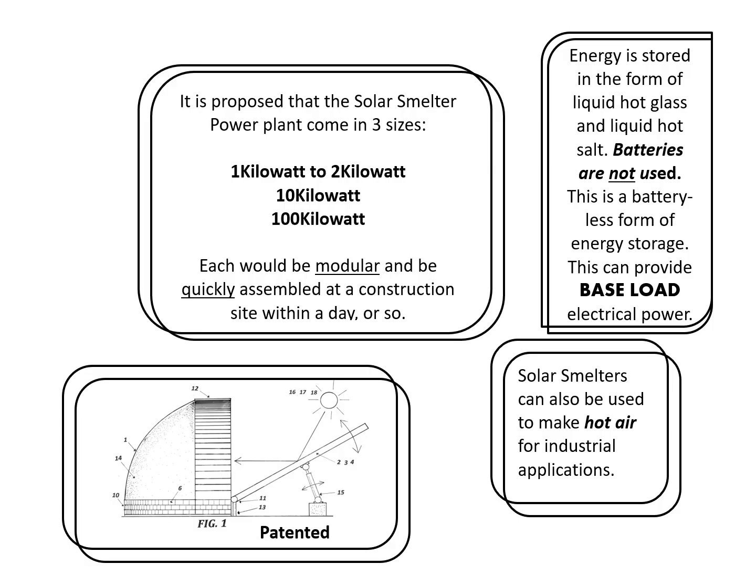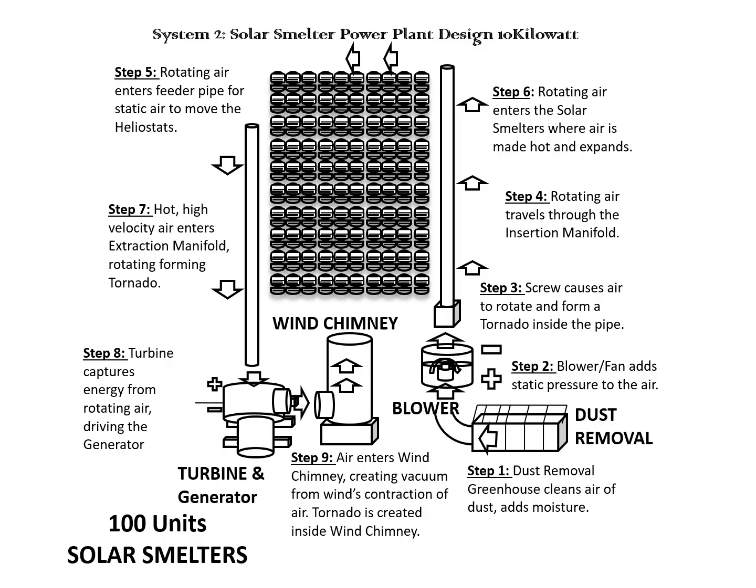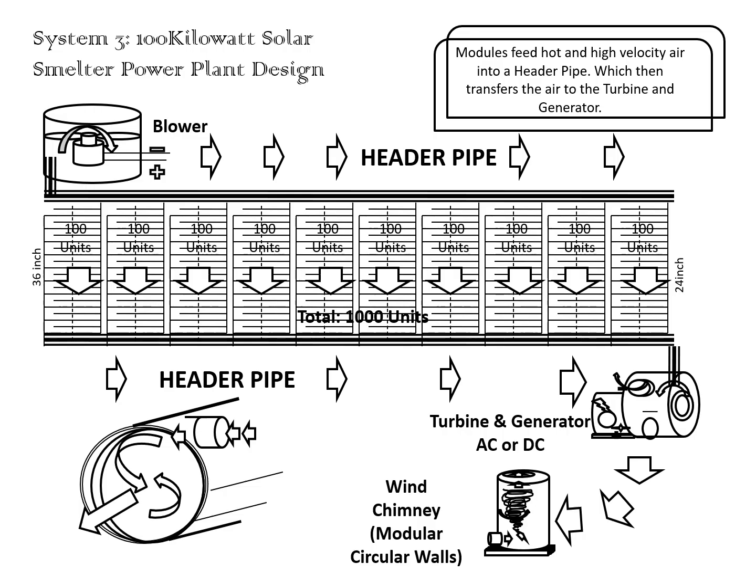The thermal mass is hot, and it stays hot even in the wintertime. Basically, I remove the dust. A blower then blows it into the solar smelter field, goes to a turbine, and then goes out through a wind chimney. Patented. I create an artificial tornado. This is patented, by the way. I can build like 100 units, modular design, and track the sun, and then use header pipes, and then I blow the hot air. The wind chimney creates a vacuum, and the solar hot air creates pressure,